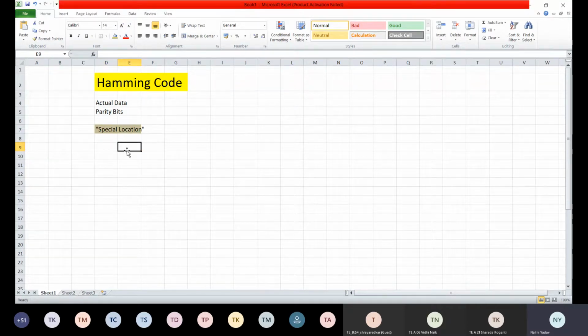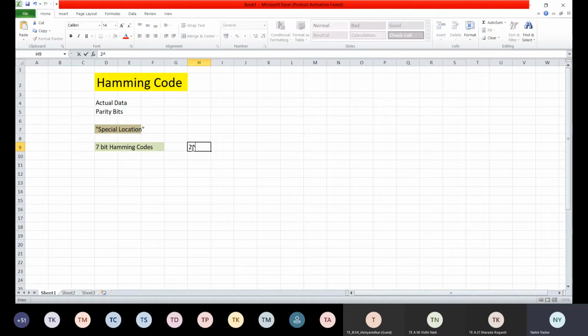Now first we will take an example of a 7-bit Hamming code. So we are looking currently at the 7-bit Hamming code. Now we'll see what this 7 is. In this 7-bit Hamming code, we will be deciding where the parity bits are to be put and where the data bits will come. How will we decide the positions of parity bits and data bits? It depends on the power of 2.